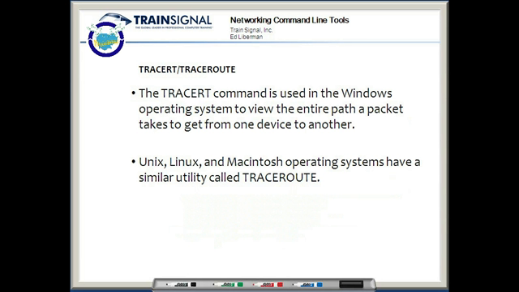Next we have Traceroute. The Traceroute command, or Tracert in the Windows operating system, is what we use to view the entire path that a packet will take to get from one device to another. So Traceroute won't just show, hey, can device A talk to device B, but it'll show how device A is